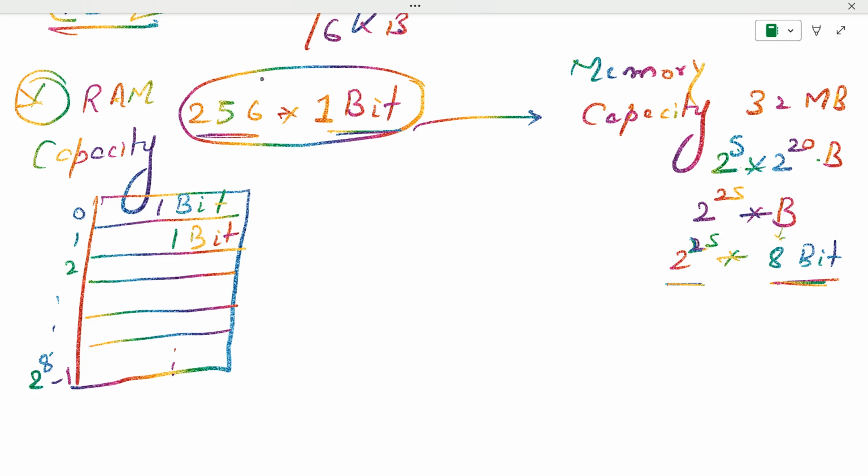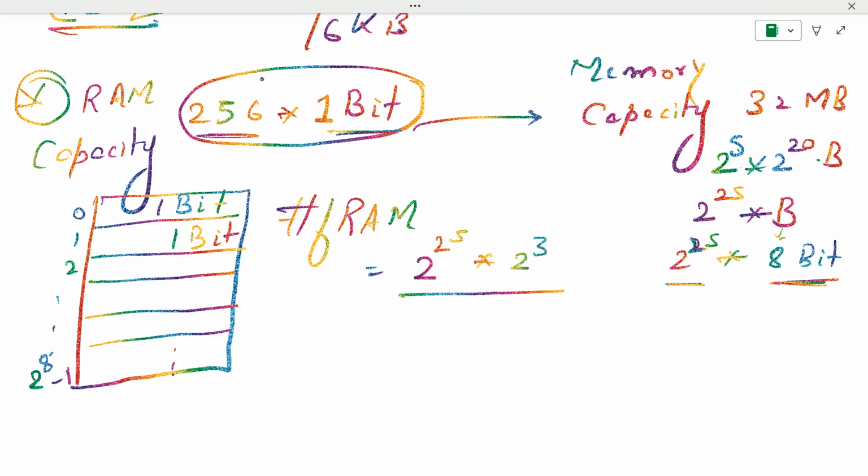Why are we doing this? Because we just have to calculate the number of RAMs required. What we are doing is dividing the memory size by this RAM size, that is 2 raised to the power 8 into 1 bit. Things have to be in the same format, because here it is 1 bit, so this byte has to be converted into bit. Okay, so now dividing the number of rows,